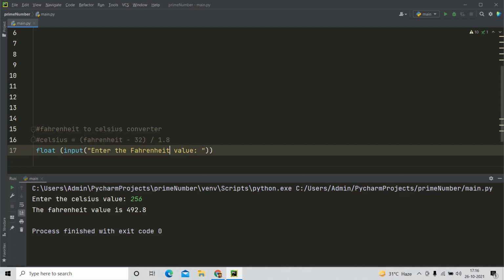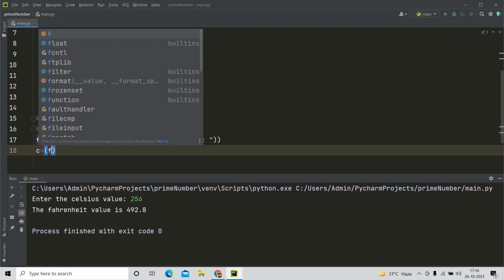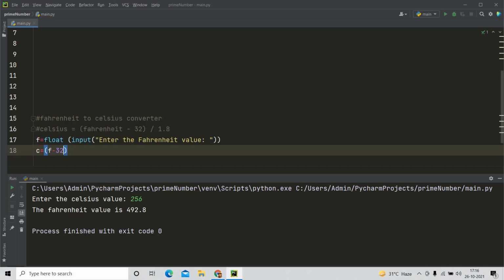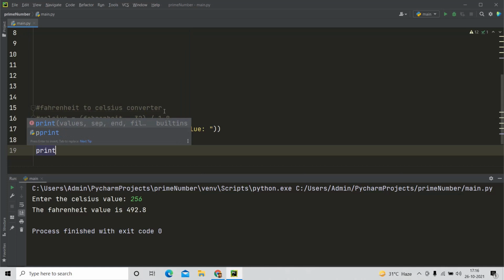Now it's time to save it in a variable. So I will save it in f, so that it is easy for me. Now after asking the user, we are going to convert. C is equal to, in brackets, f minus 32, and then it is going to be divided by 1.8. And yeah, we can just print C now.